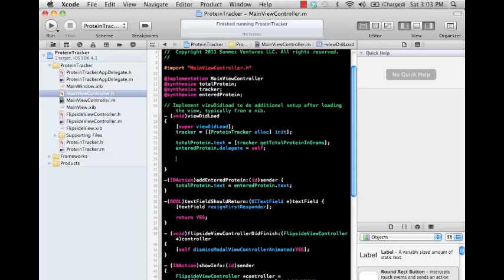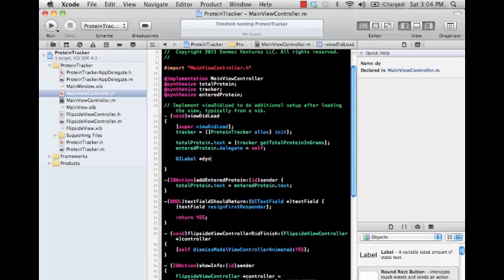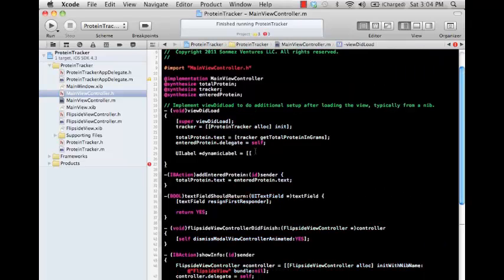So I'm here in the main view controller, and on the view load, I'm going to go ahead and add a label. We're just going to add a label dynamically, and you could do this with any kind of UI control. So the way that we do this is we'll go ahead and declare a new UI label. I'll call this dynamicLabel, and we're going to allocate some memory for this. Let me clear this out here. So we'll do a